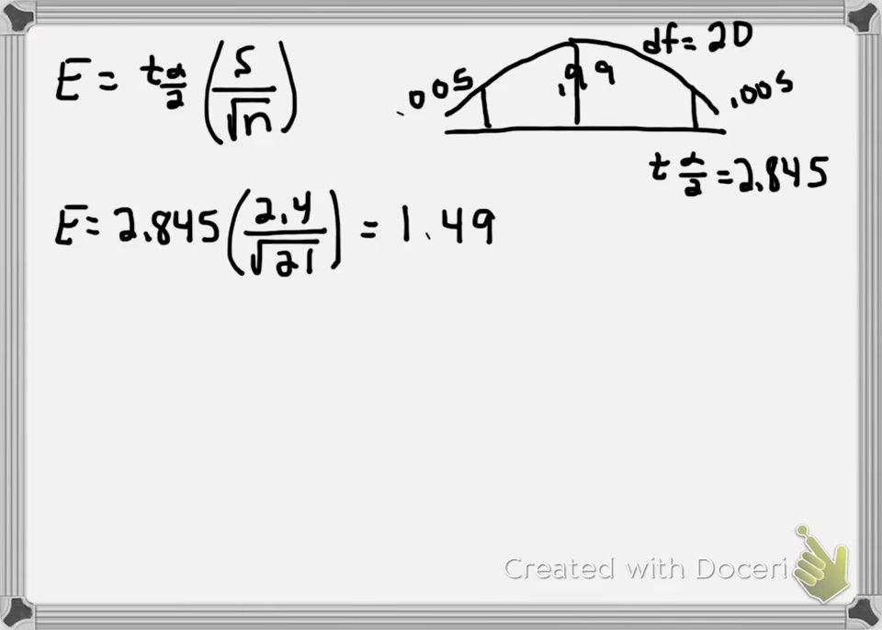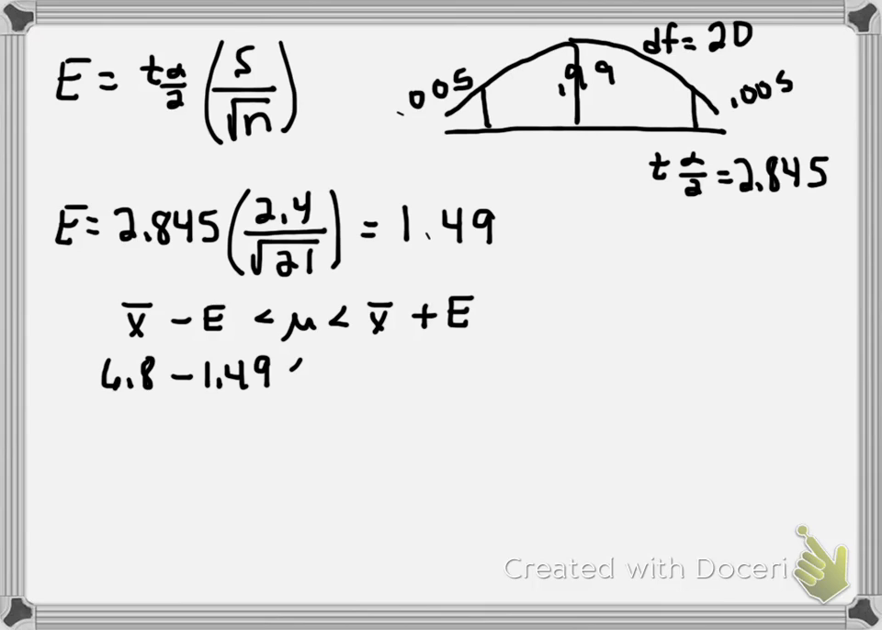In Part B, we need to find the confidence interval. The formula for the confidence interval is the sample mean minus the margin of error is less than the population mean is less than the sample mean plus the margin of error. And now we can substitute in the numbers. The sample mean is 6.8 minus the error, which is 1.49, is less than the population mean is less than